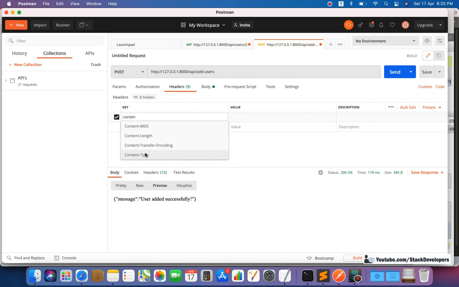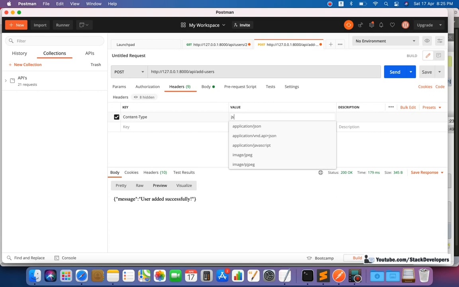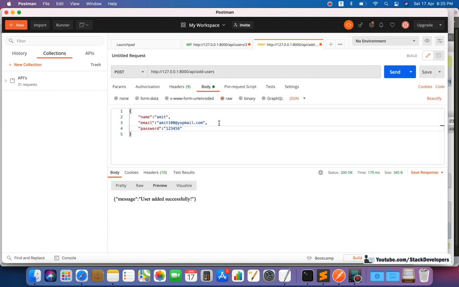Like the content type is JSON: they tell you that you have to make the content type JSON, because they are sending the JSON data that you need to save. So sometimes you need to select content type as application/json, as JSON data is coming.